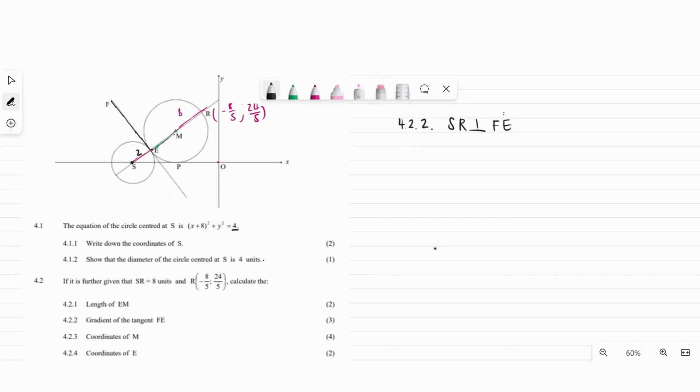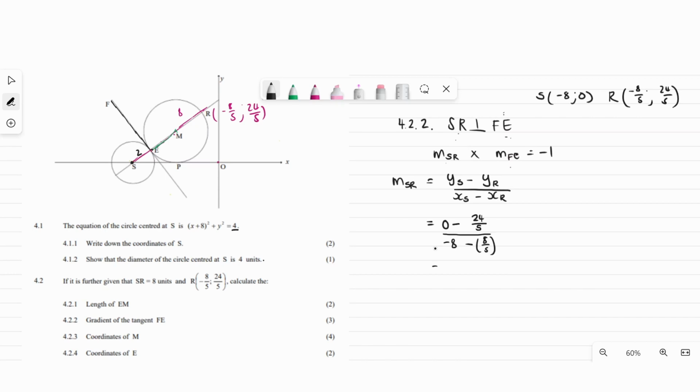Because what do we know? We know that the gradient of SR multiplied by the gradient of FE is equal to -1. When two lines are perpendicular to each other, and you multiply their gradients together, you get -1. So using that, let's find the gradient of SR. We have the coordinate of S, which is -8 and 0. And the coordinate of R they gave us, which is -8/5 and 24/5. So the gradient formula is this. Substitute the values, then when you punch this into the calculator,